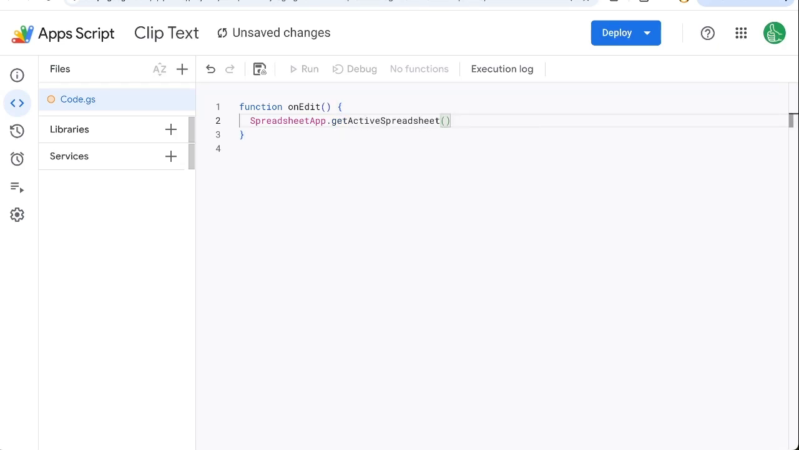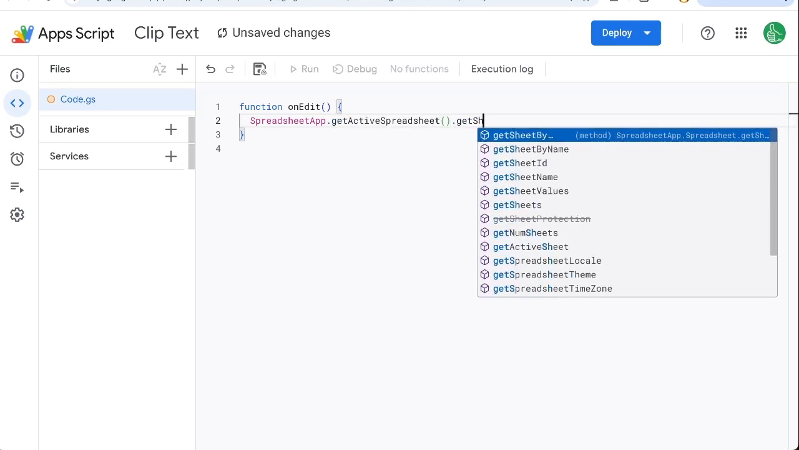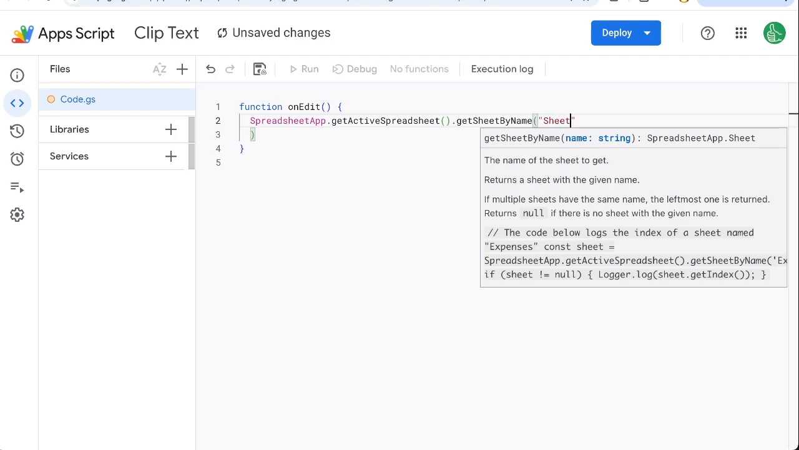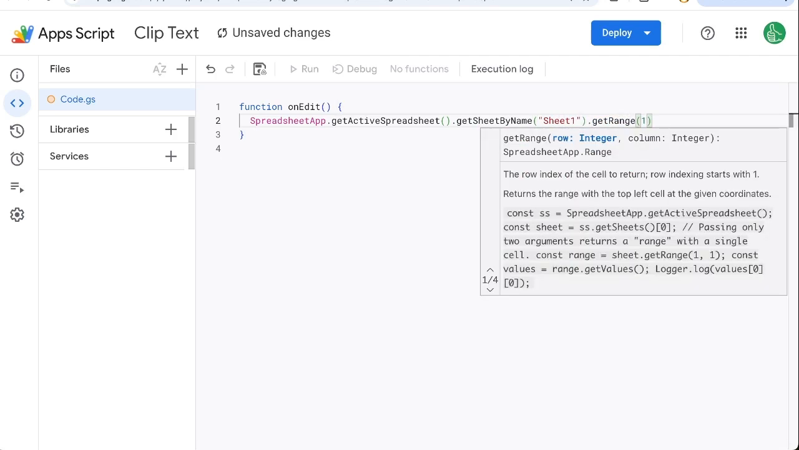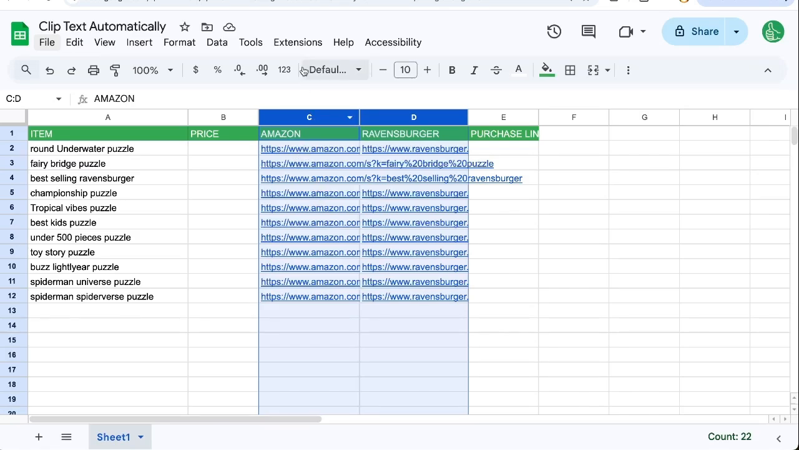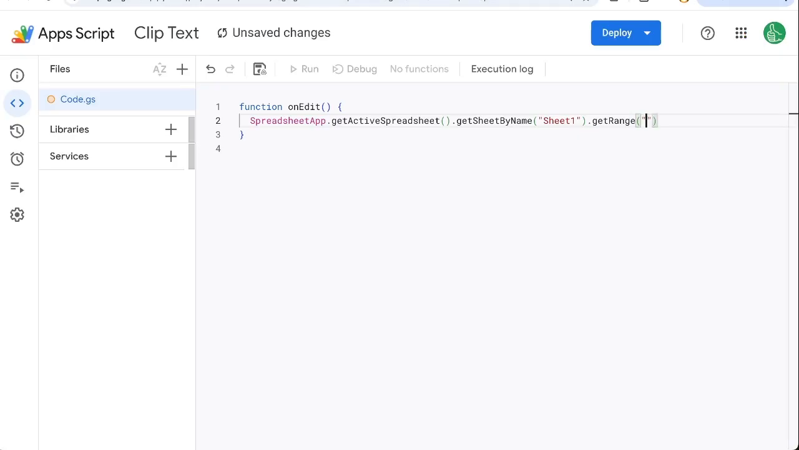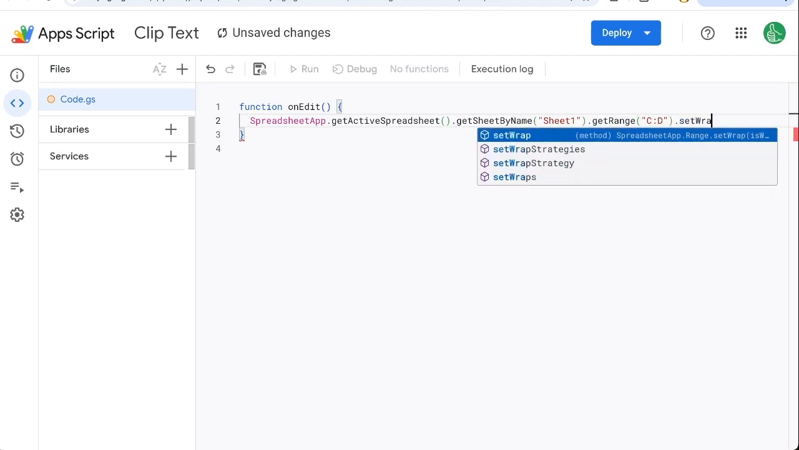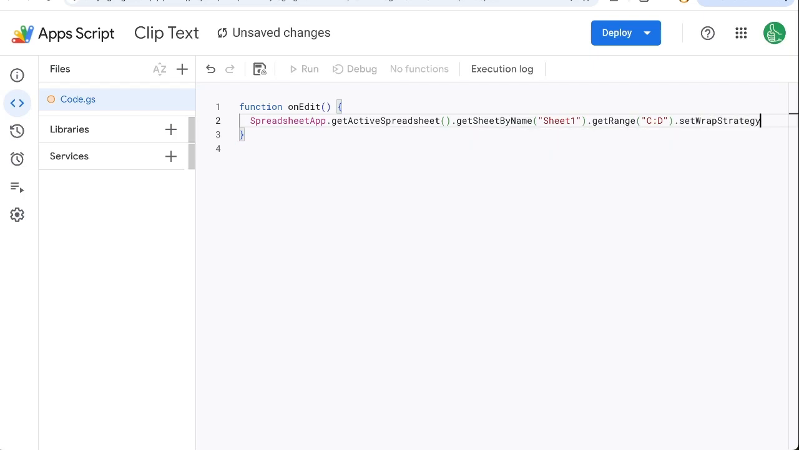SpreadsheetApp.getActiveSpreadsheet, getting the entire file. getSheetByName, and do in quotes Sheet1. We're going to get range starting with row 1, column 3, because it's C column. Actually, we can just do C:D here. We can just do it without having to do numbers. And here's the trick. We're going to set wrap strategies. So just setWrapStrategy. And I'm going to put this on a new line so you can see the whole thing. We're going to do